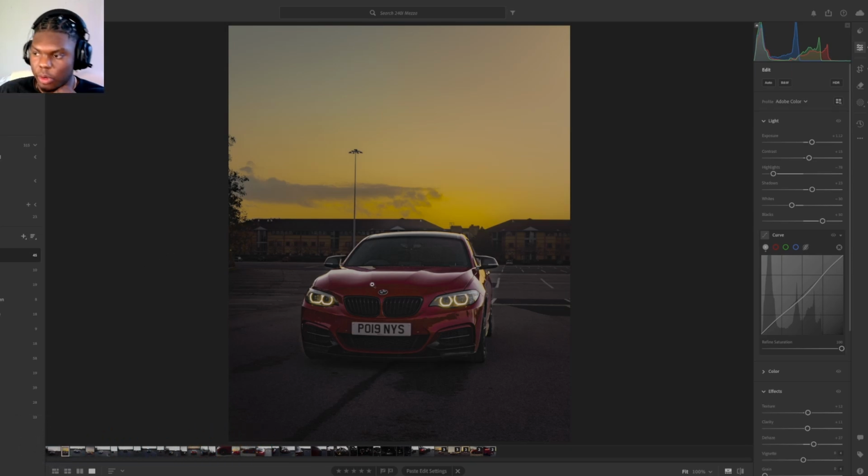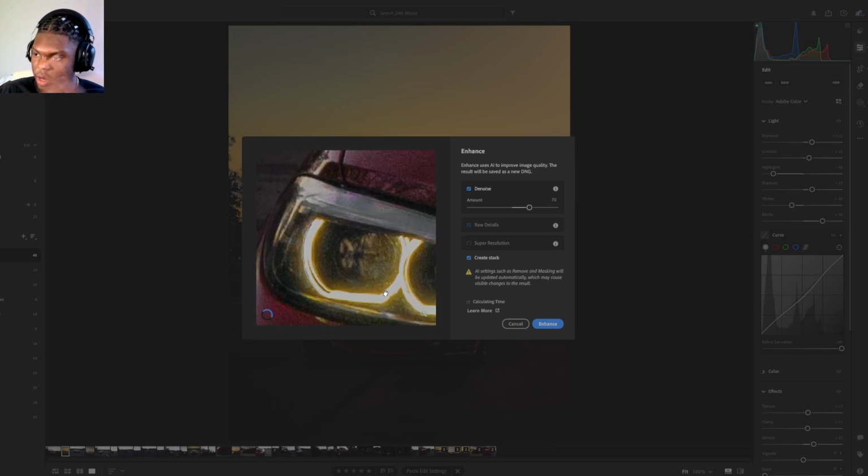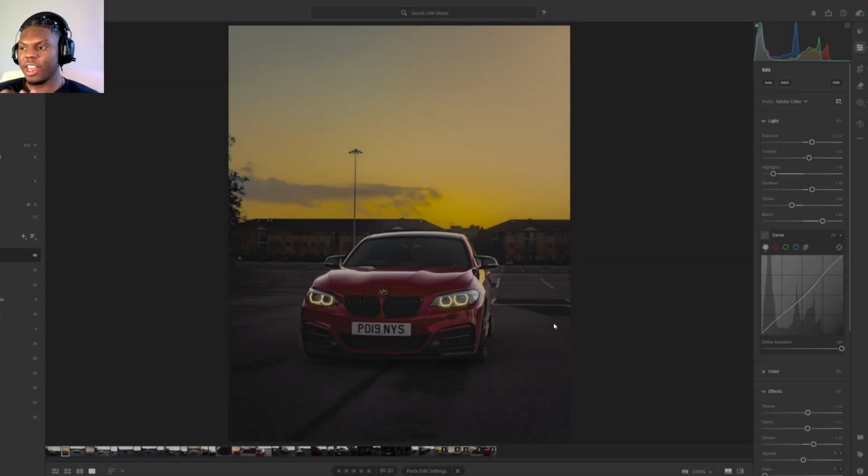There's a bit of noise, so if you want to change the noise a little bit, right click, enhance, and it will show you quickly what it previously looked like, and with the enhance it will look like that. So I'm going to enhance that real quick, and then we'll see how much it changes. We shall see how this turns out. I'm hoping it turns out pretty well. Depending on how quick your computer is, it will enhance slower or quicker. Mine's taking a bit right now, and this is how it looks enhanced, which is a lot better than I